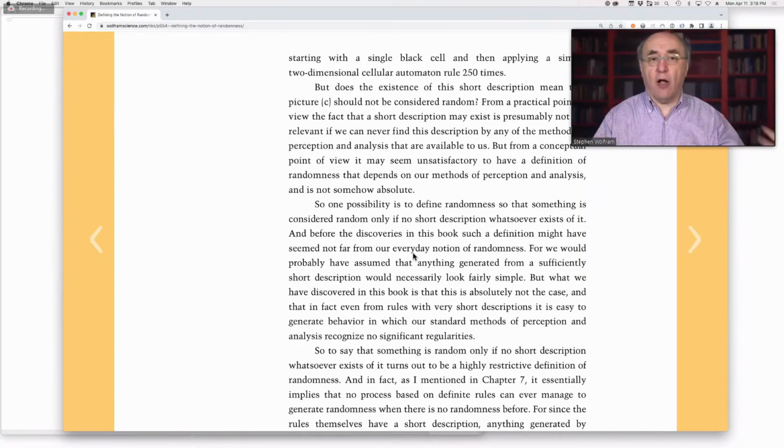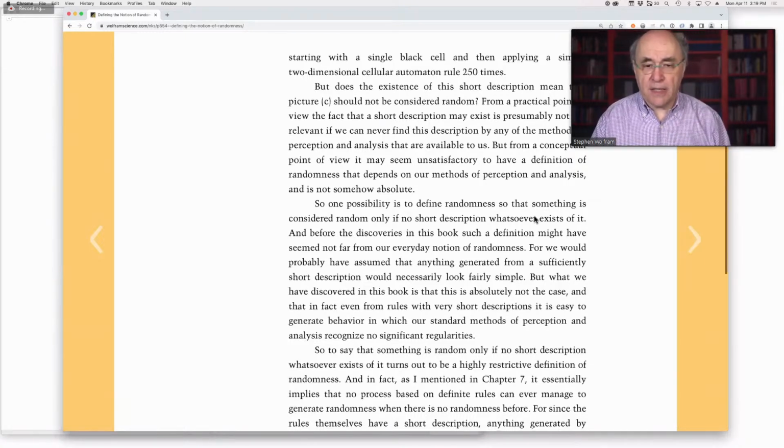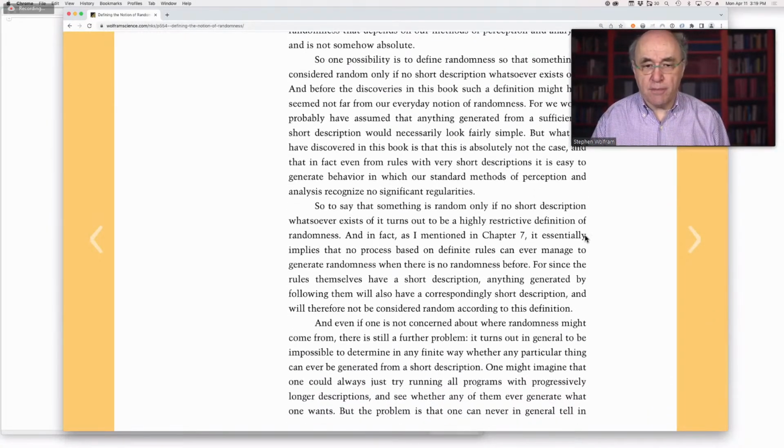So an extreme version of that is our whole universe. In our current model of fundamental physics, developed in the last few years on the basis of what was in chapter 9 of NKS, in that model, in a sense, what we're saying is the whole universe is determined from a simple rule. So if that's the case, then with the definition of randomness that says there couldn't be a simple rule that made it, nothing in the universe can ever be considered random. So our definition of randomness has to be a bit more practical and pragmatic. It has to be not, is there a simple program that could conceivably make this thing, but rather, is there a simple program that we can find that describes the thing? And that's a somewhat different question.